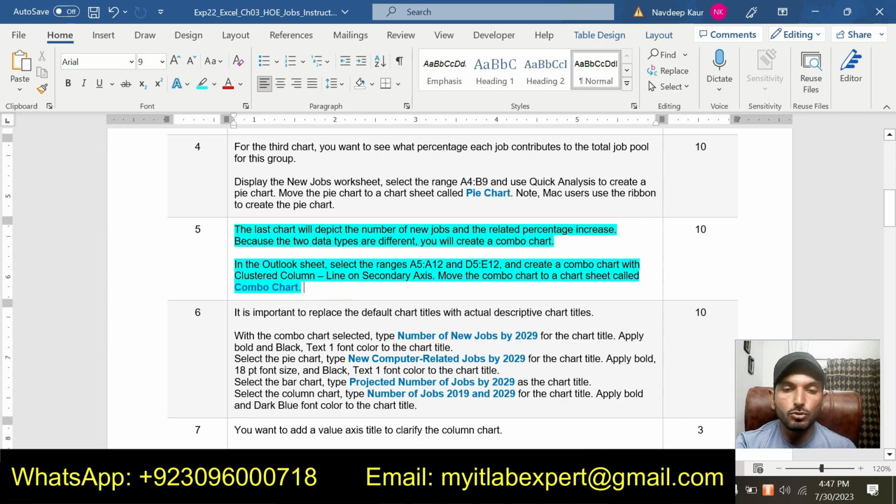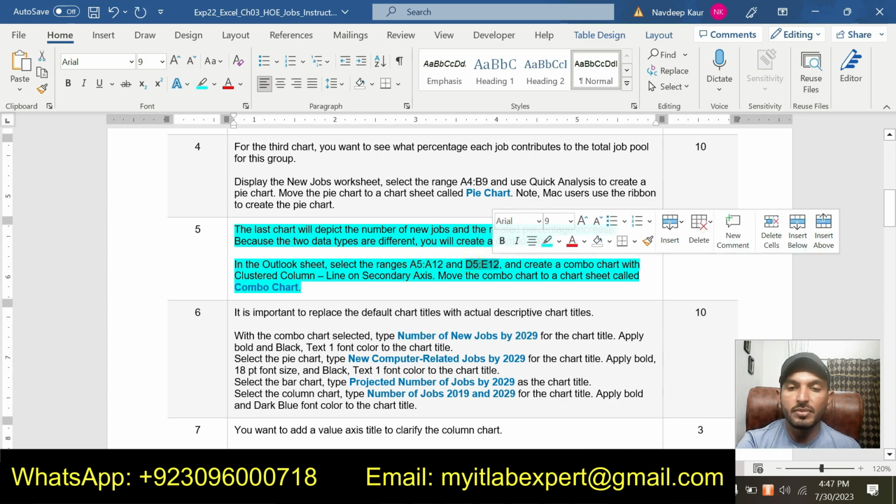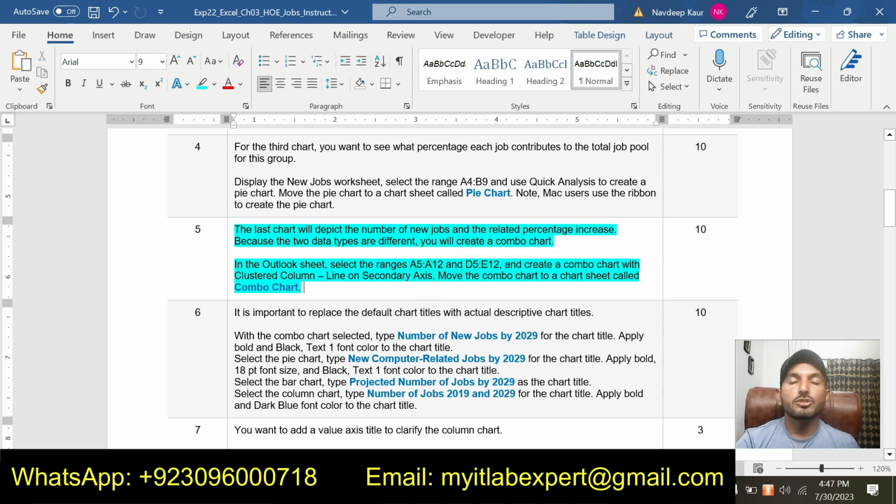So now we are supposed to use these two data ranges, that is A5 up to A12 and D5 up to E12, and then we are supposed to insert a combo chart, clustered column and line on the secondary axis. This will be a combination of two charts, line and the column chart, and then we will move this chart to a new sheet. Their name will be combo chart. So we will simply select these two ranges